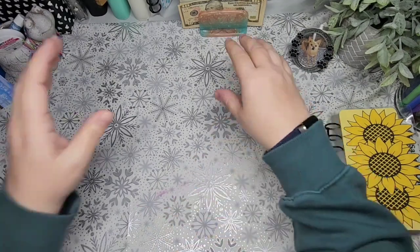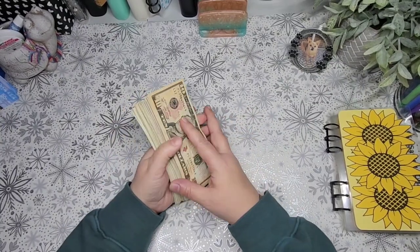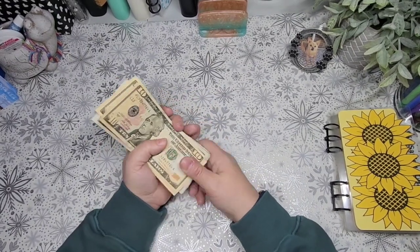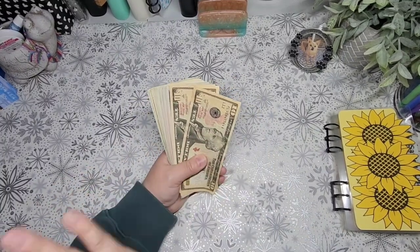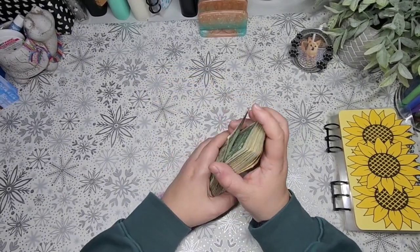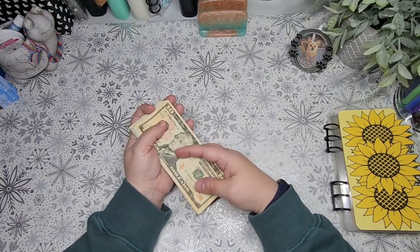Okay, so to get into this now, where I get my prints and where I create my savings challenges and everything is from Canva. I did look at all of their rules in regards to selling and everything for their images, and I can use their icons and pictures and things like that as long as I'm changing it in some way and not just using that one image. But anyways, I did look at